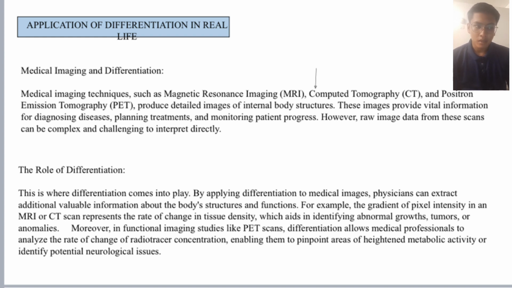For example, the gradient of pixel intensity in an MRI or CT scan represents the rate of change in tissue density, which aids in identifying abnormal growth, tumors, and anomalies. Moreover, in functional imaging studies like PET scans, differentiation allows medical professionals to analyze the rate of change of radiotracer concentration, enabling them to pick